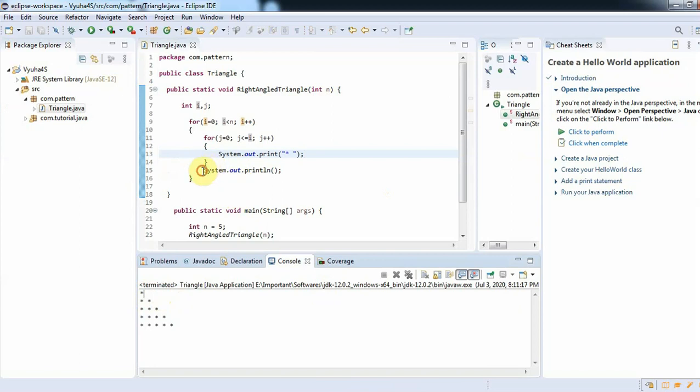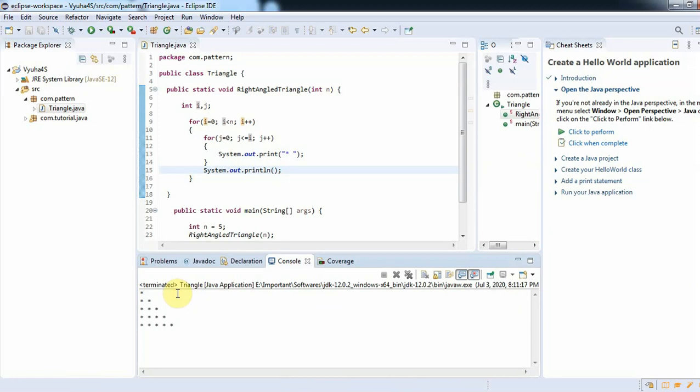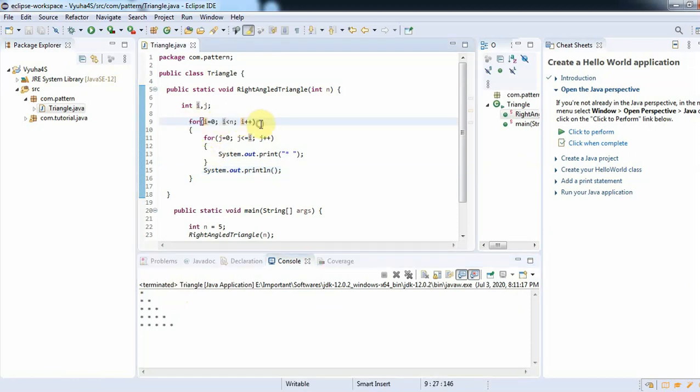Then it goes to the 15th line, System.out.println, so the control goes to the next line. Now the iteration would be here, where i will be incremented by one. Now the value of i is 1, and it checks the condition 1 less than 5. The condition is true, so it goes to the second for loop.